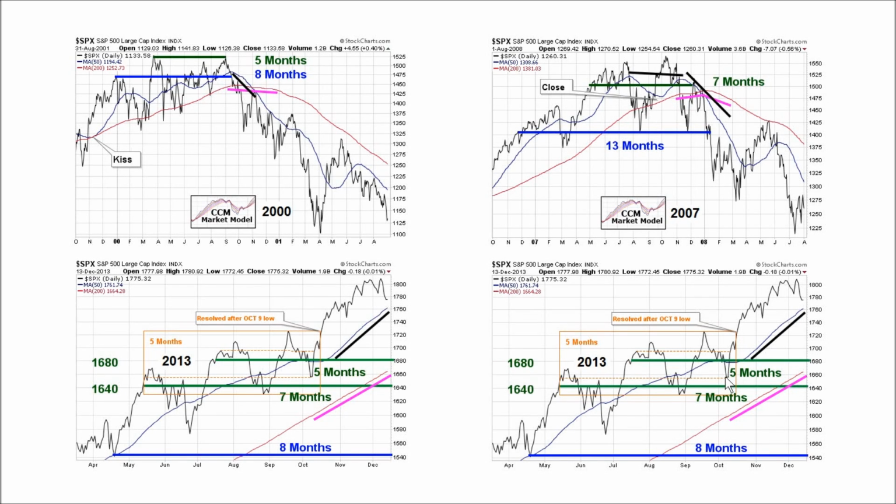In October, when we recently had the low on October 9 and 10 of this year, if this box and this resolution came out in a bearish manner, we could have moved in the other direction. We have a bullish resolution that just took place in mid to early October of this year. It's possible we might come back and retest this box.